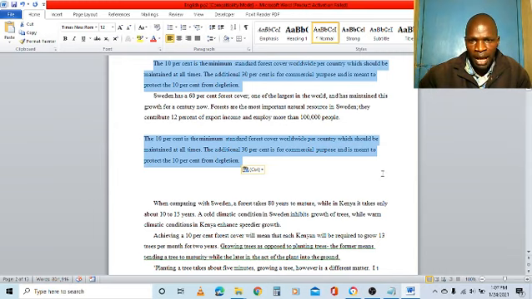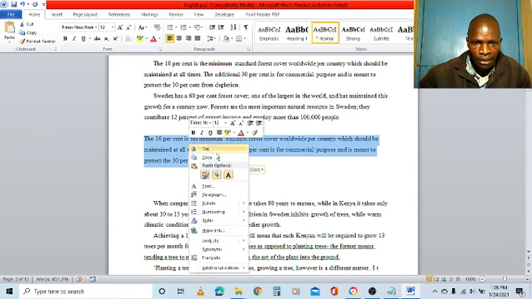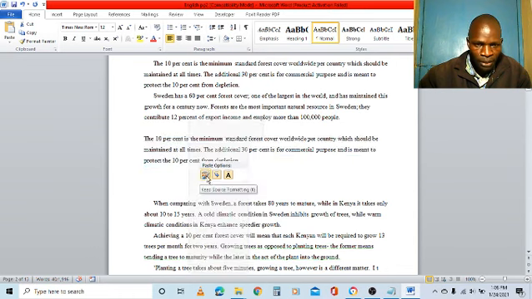We now want to see how to cut and move. Now this text which was here, I want to cut and move it elsewhere. I realize that it should not have been here. So I need to select to highlight. I've selected and highlighted, and this I can now right click, and the options here are you can cut, you can copy, you can paste.